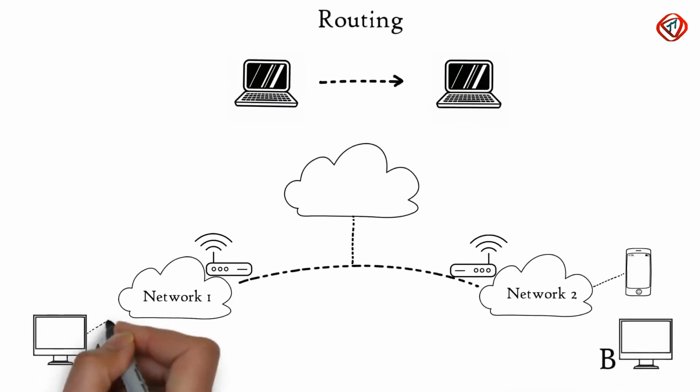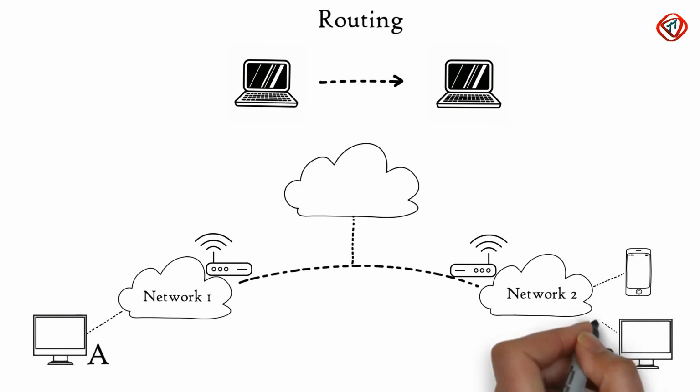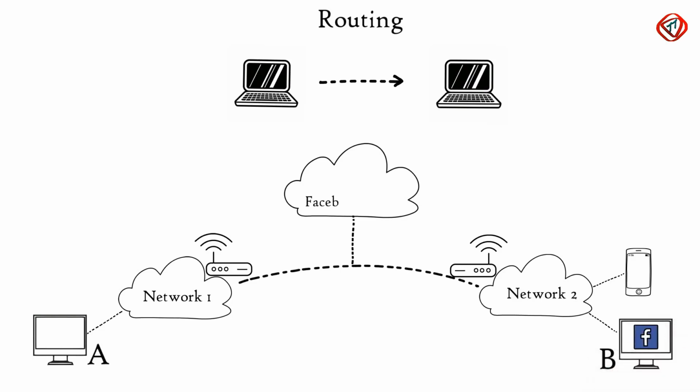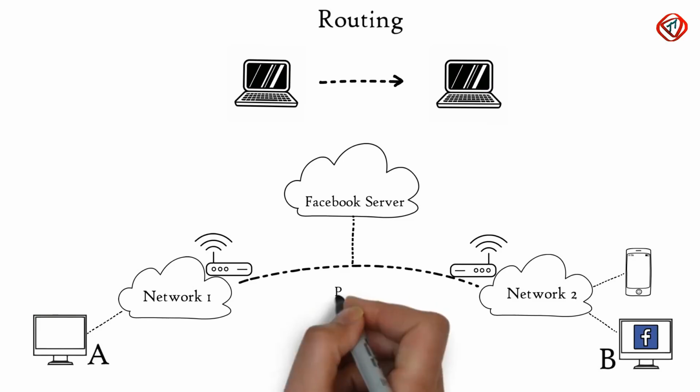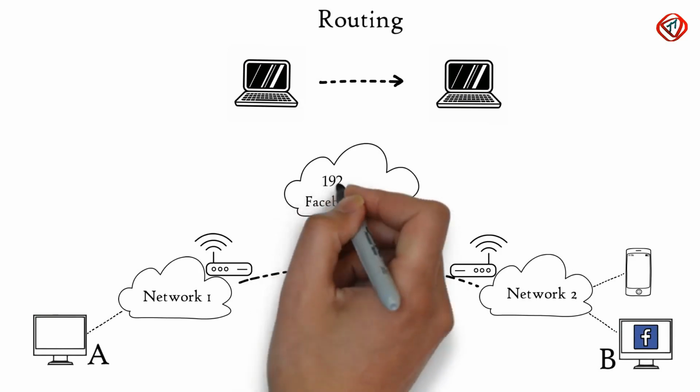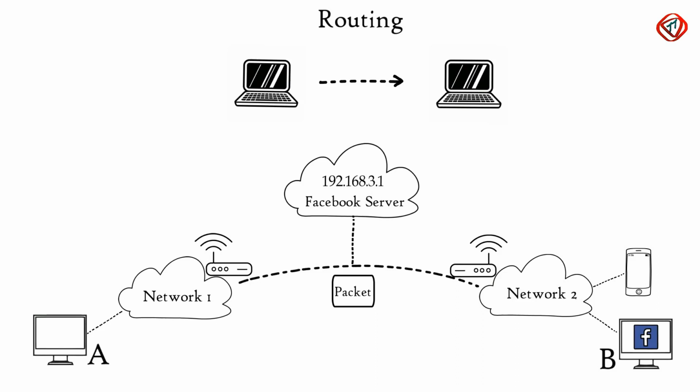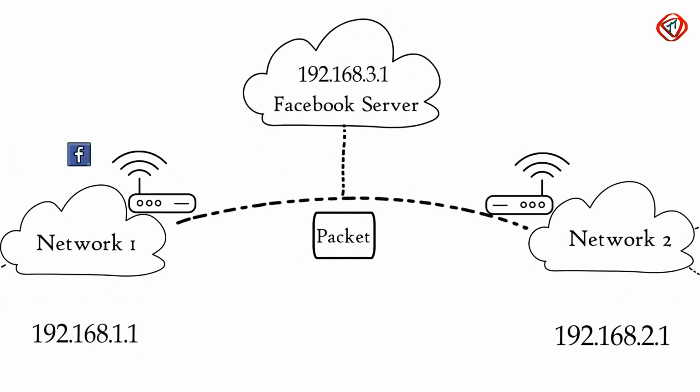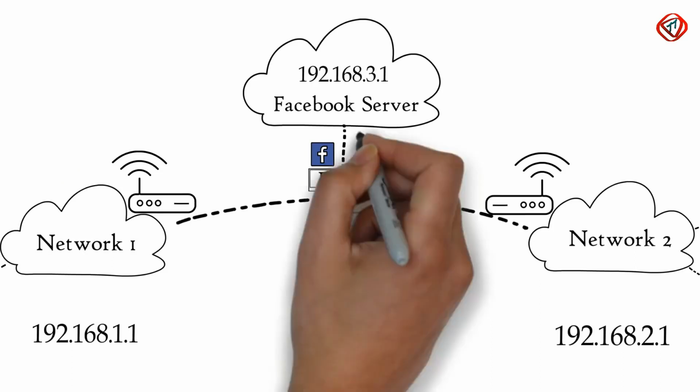Suppose computer A is connected to network 1 and computer B is connected to network 2. From computer B, we have requested to access facebook.com, and now there is a reply from Facebook server for computer B in the form of packet. This packet needs to be delivered to computer B only. Since in a network each device has a unique IP address, so these both computers will be having a unique IP address as well. Network layer of the Facebook server has already added sender and receiver's IP address in the packet. Suppose mask used is